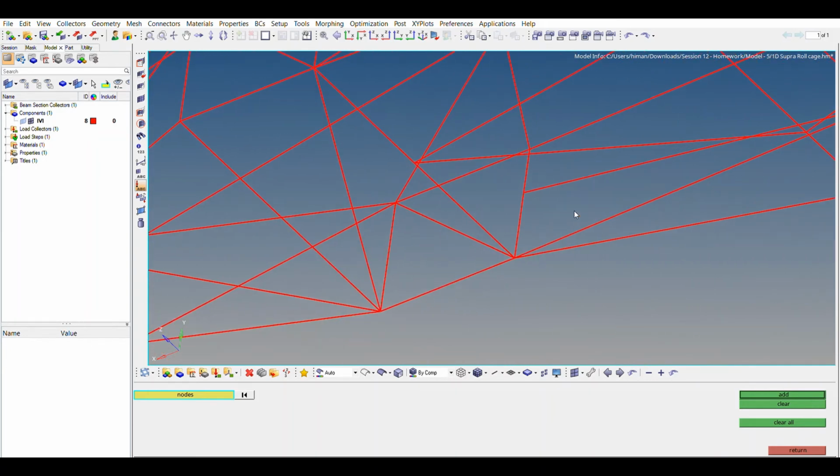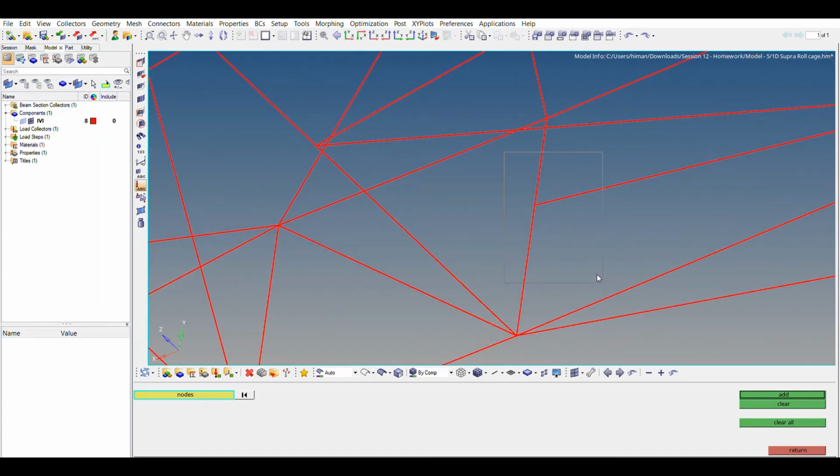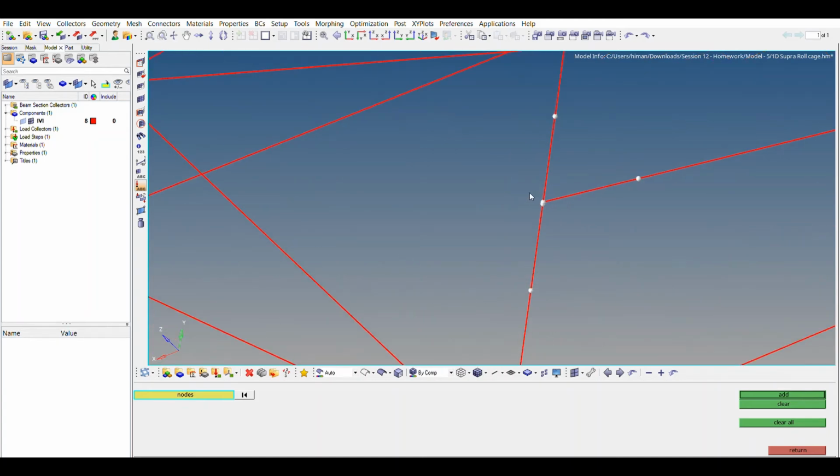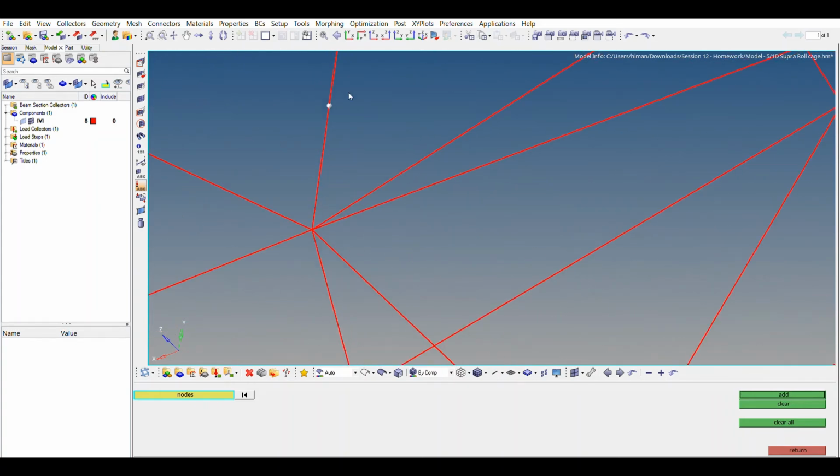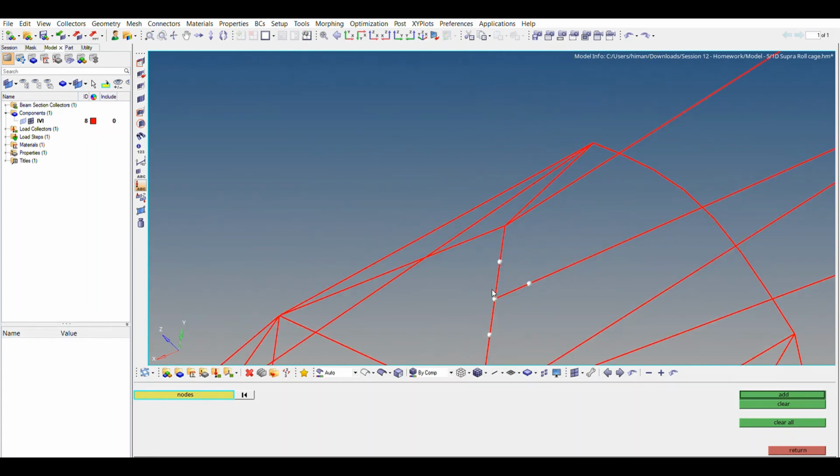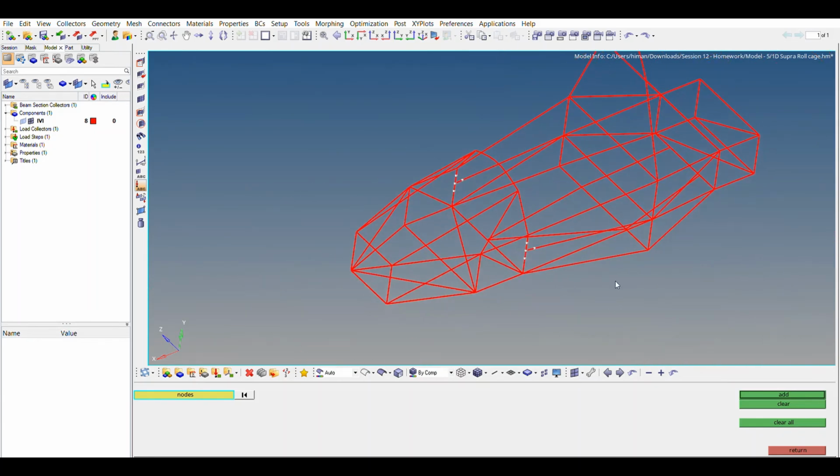Select three nodes, same with here. So this node is extra, so just right click it, it is going to be deleted. Same here, right click. So now we have four nodes on each side.